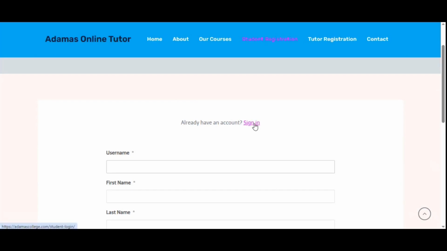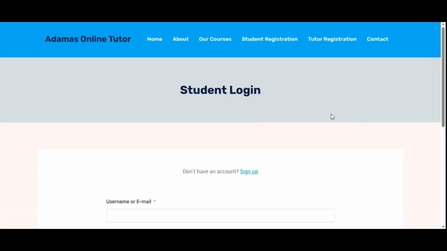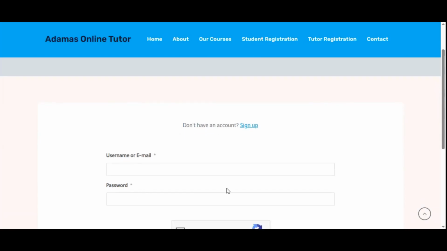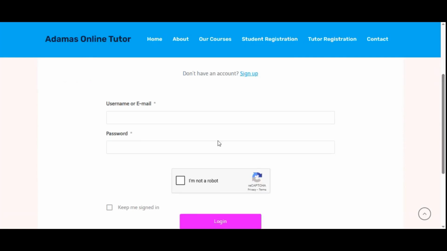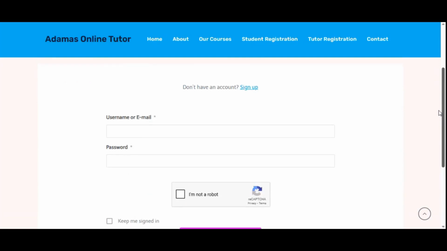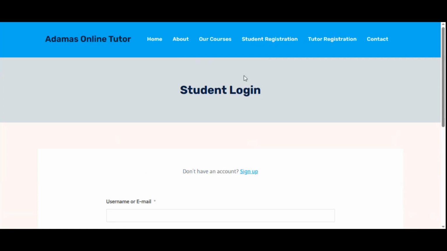In this case, if you have an existing account, you'll just switch from the normal sign up to the normal student login. You can see that currently I'm at student login. Student login is meant for students who already have accounts, where you just put your username or email and your password. You also have to remember to tick the box, I'm not a robot, and you will be able to sign in. So please let's not confuse sign up with sign in. You sign up when you don't have an account, but if you have an existing account, you just sign in